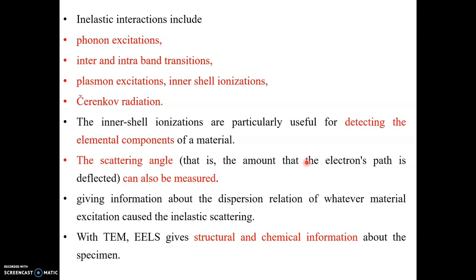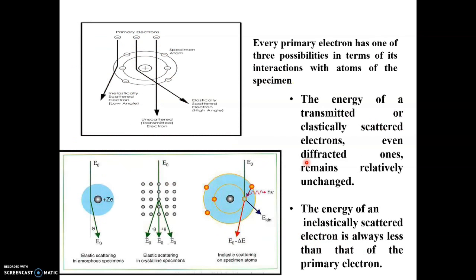So inelastic scattering is going to take place when the primary electron strikes the atom. What happens? In the middle of the gap between the two shells, it may cause inelastic scattering, and near to the nucleus it may cause elastic scattering, and some may be unscattered. So these different effects produce the electron energy loss spectrum.